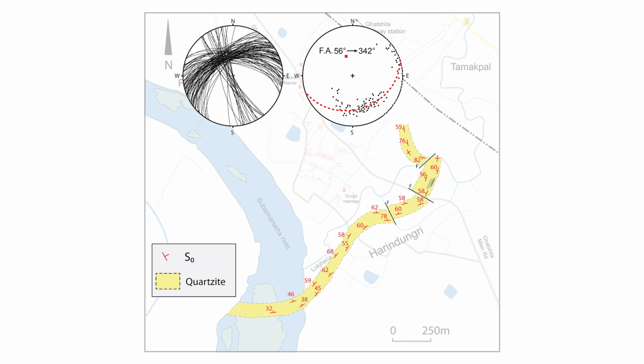So, we are done with this lecture, and I hope I could give you some basic ideas of how the mapping is done in the field. I understand it is not done very properly, but we have to accept the limitations of online lectures. What we have seen in this exercise is that we plotted the first quartzite band in the topo map, and we also collected the data of the S0 which are inside the first quartzite band, and then we plotted all the data in the stereo net, and we saw that it is a folded layer. The first quartzite band is folded.